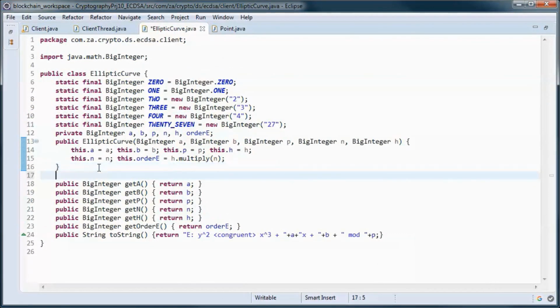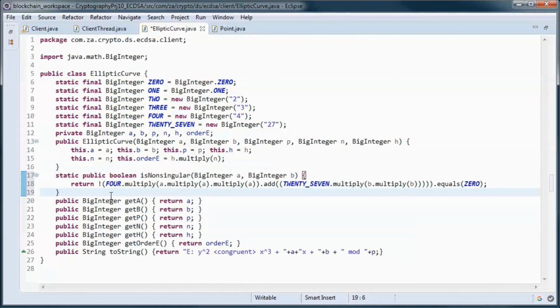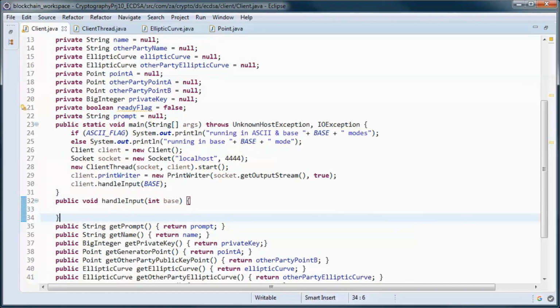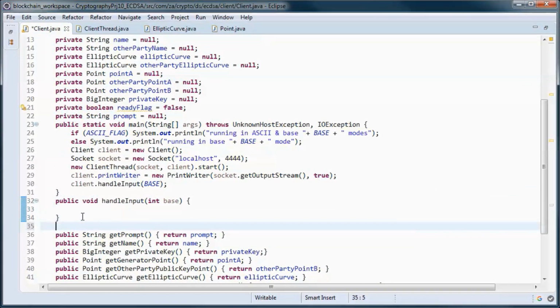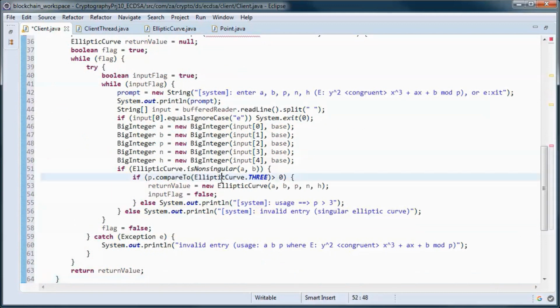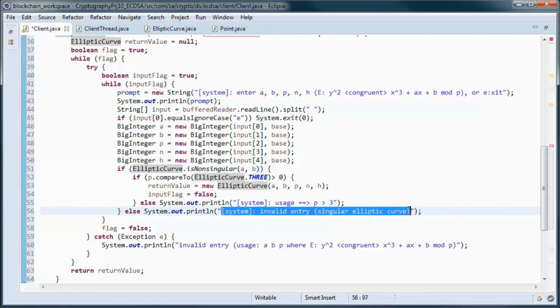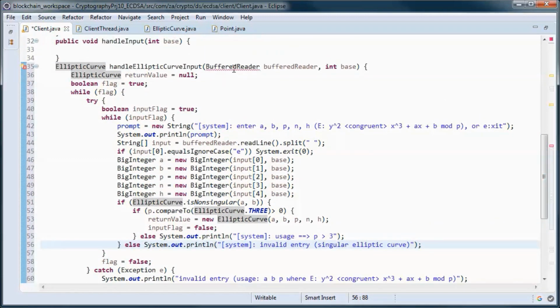And this method will do that, and it will be called from here. And we display this to the user in case we have a singular elliptic curve. So this method picks up the values of a, b, p, n, and h from the user.